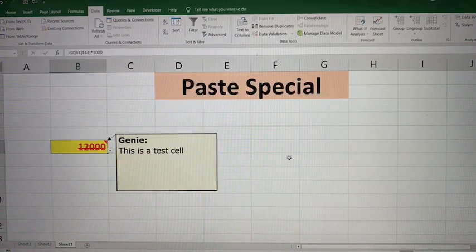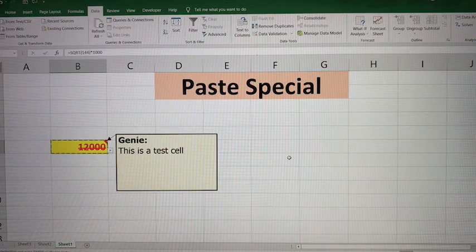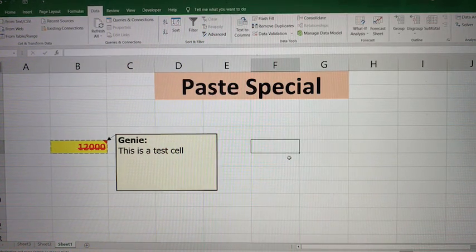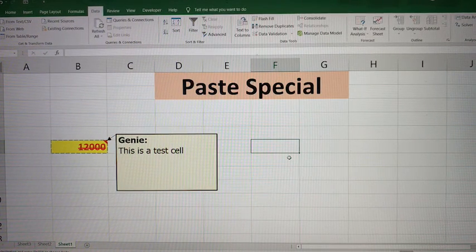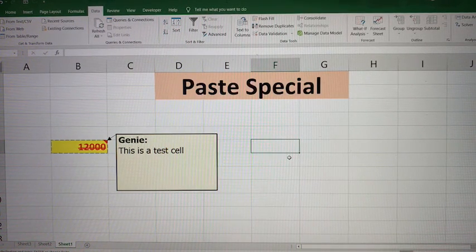So let's see this. Before you can paste anything, the most basic thing that needs to be done is that you need to copy it first. So let's first copy it, Control C to copy, and let's try to do the most common thing that we normally do in paste special, which is to paste values. There are two shortcuts which you can utilize to launch the paste special dialog box. The first is Control Alt V and the second is Alt ES. Control Alt V is a more recent shortcut. Alt ES is an older version of the shortcut. Depending upon your comfort on the keyboard, you can utilize either one of them.